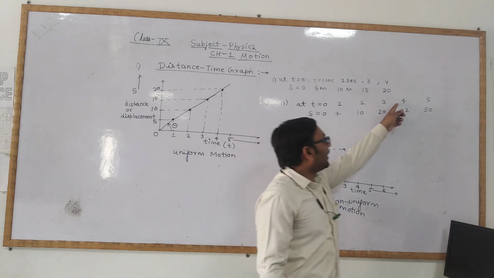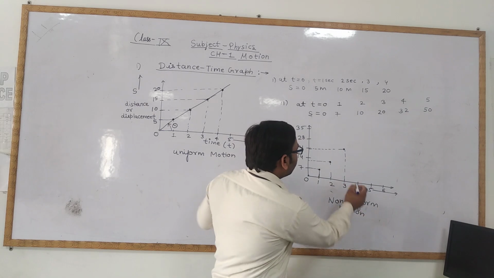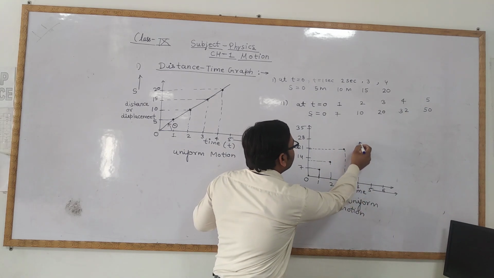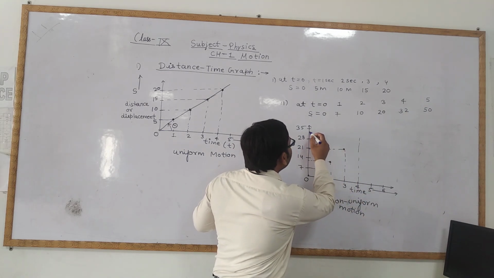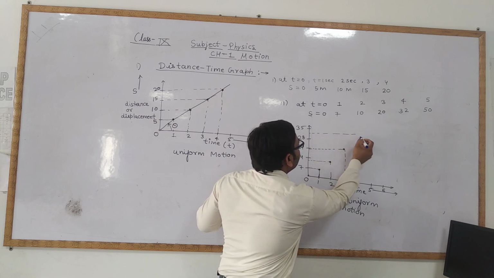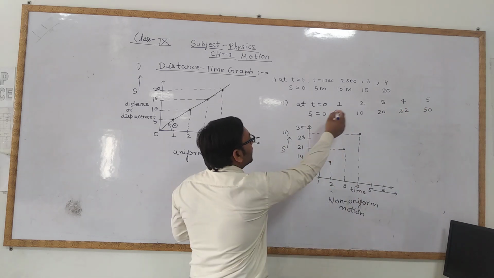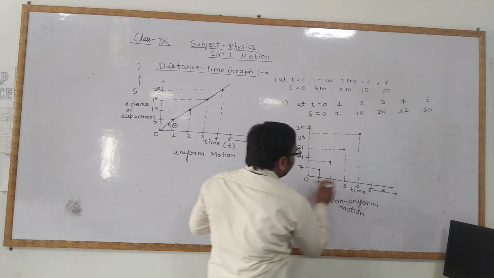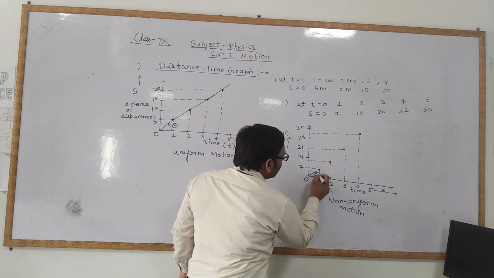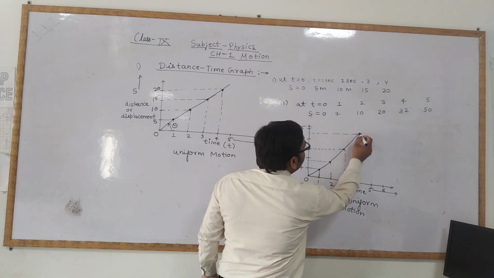Now after 4 seconds, the displacement is 32. So 32 will be just here. After suppose 5 seconds, it becomes 50, so 50 will be somewhere here. When you join all these points, you will not get a straight line, instead you will get